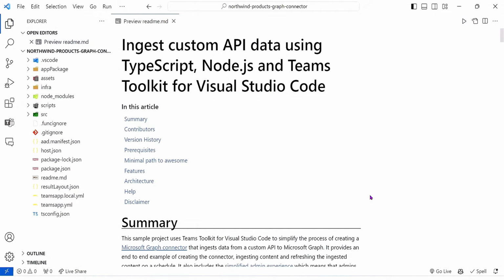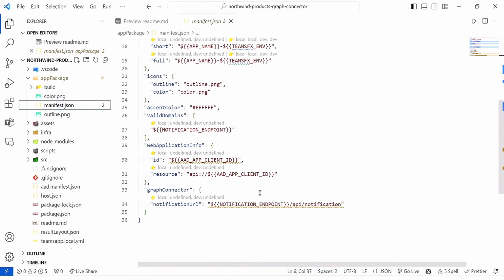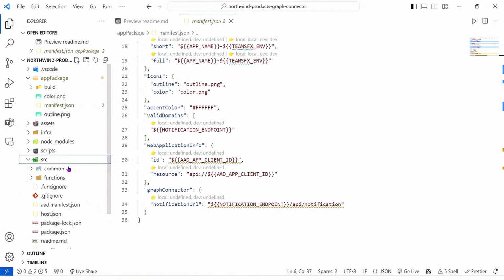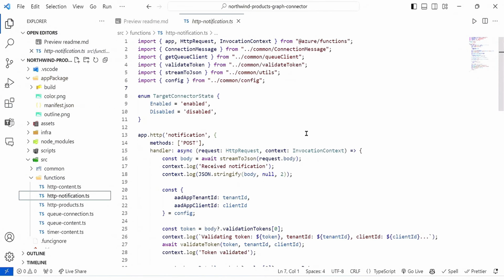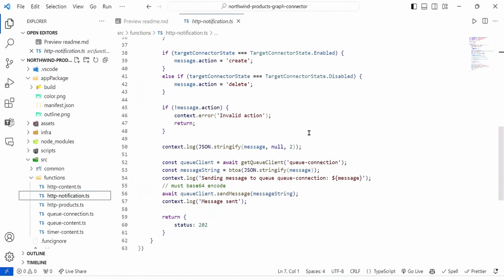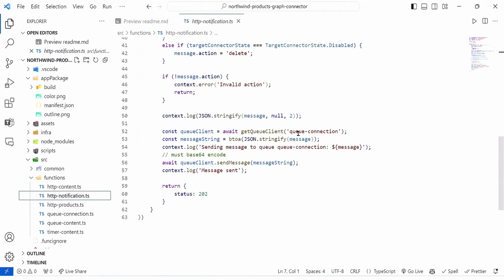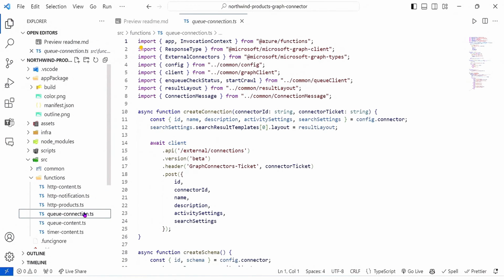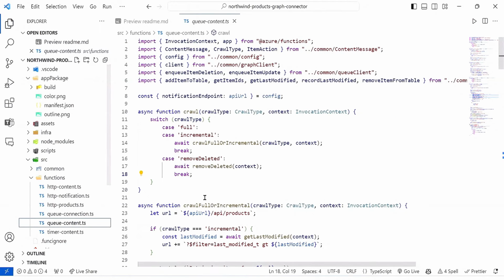So developers can use Teams Toolkit to easily build one of these cloud-based Graph connectors and deploy them with the single press of an F5. We have the project pulled up here in Visual Studio Code and Teams Toolkit. So this is in the app manifest. Let's look at the Graph connector configuration. The notification URL here is what defines where notifications should be sent when the administrator toggles the Graph connector connection status in Admin Center. Azure Functions are what handle the incoming notifications to either enable or disable that connection. And finally, creating connections does take a few minutes. So to handle it, we use queues and queue-triggered Azure Functions.